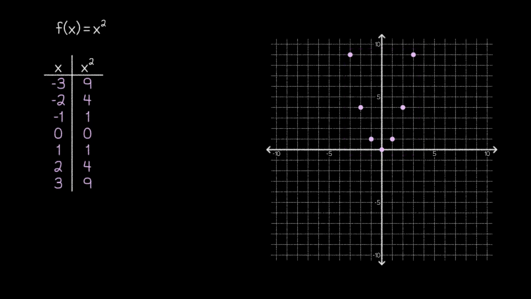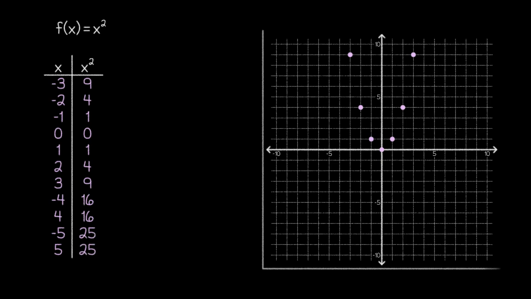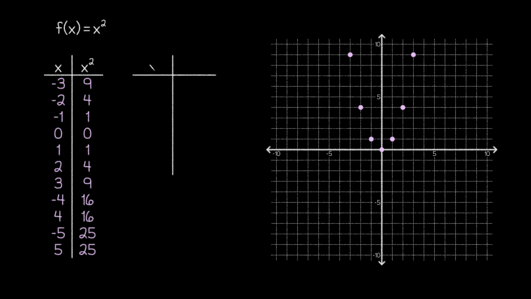From there, it might be helpful for us to plot a few more points and make a few observations. We'll start by plugging in 4 and -4, which both give us outputs of 16. And notice that these points are already off the screen, so we don't need to worry about plotting them. In fact, as you get further away from 0, the outputs will continue increasing. So for this situation, we don't have to worry about any integers beyond what we've already covered. It might be nice, however, to get some intermediate points on our graph. So let's plug in these 6 numbers to see what's going on in between the points that we already have.